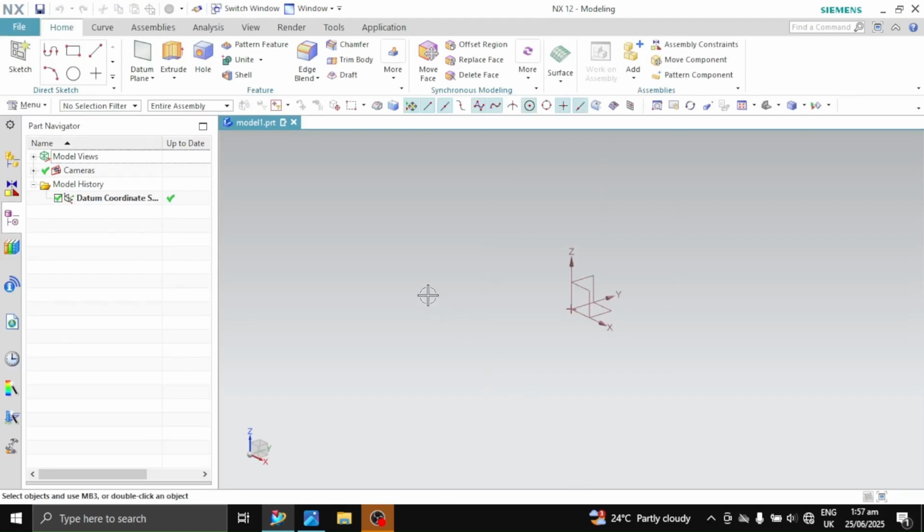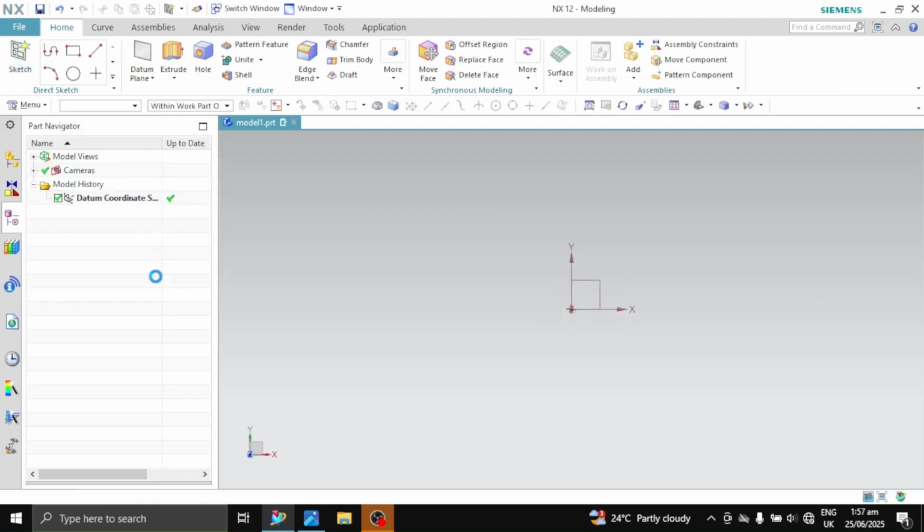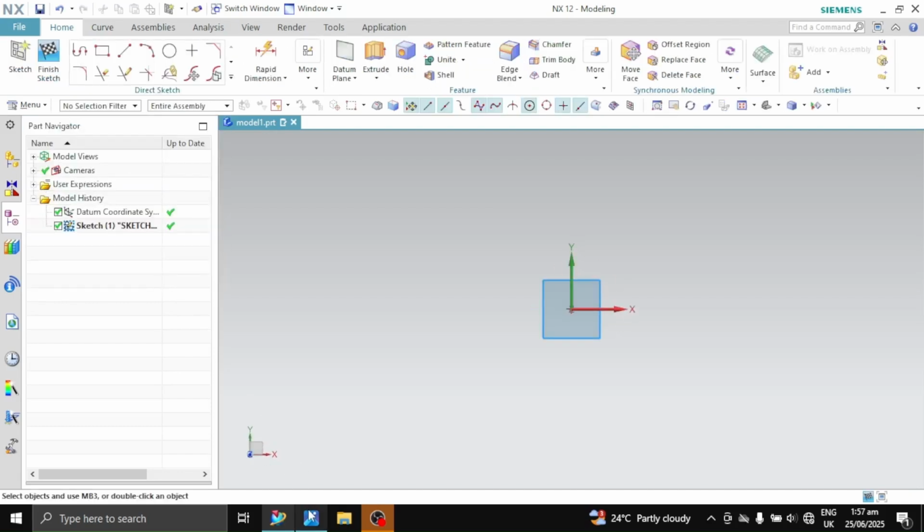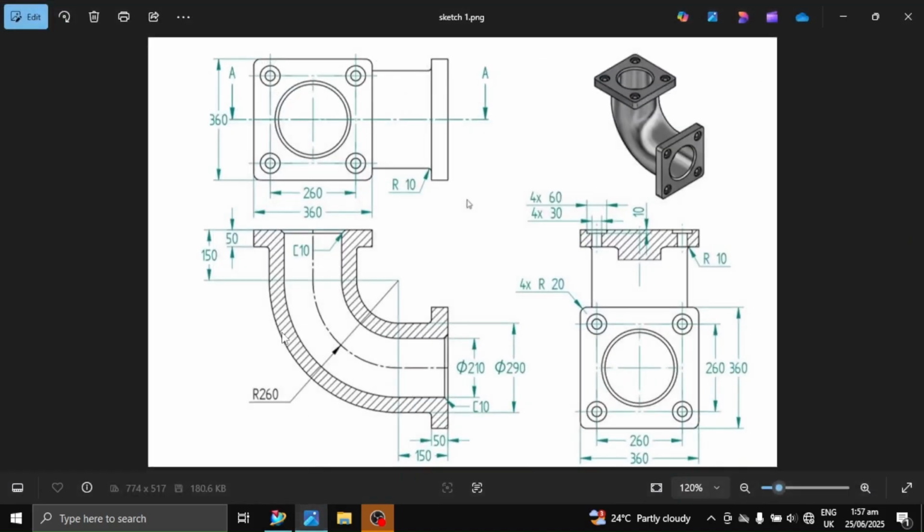In our modeling environment, the first thing we'll do is to click on Sketch and OK. Now back to our dimensions. So we'll first model this curve shape over here. We'll do that by using this face and this dimension. So we get this shape over here and draw a circle and we sweep across it.